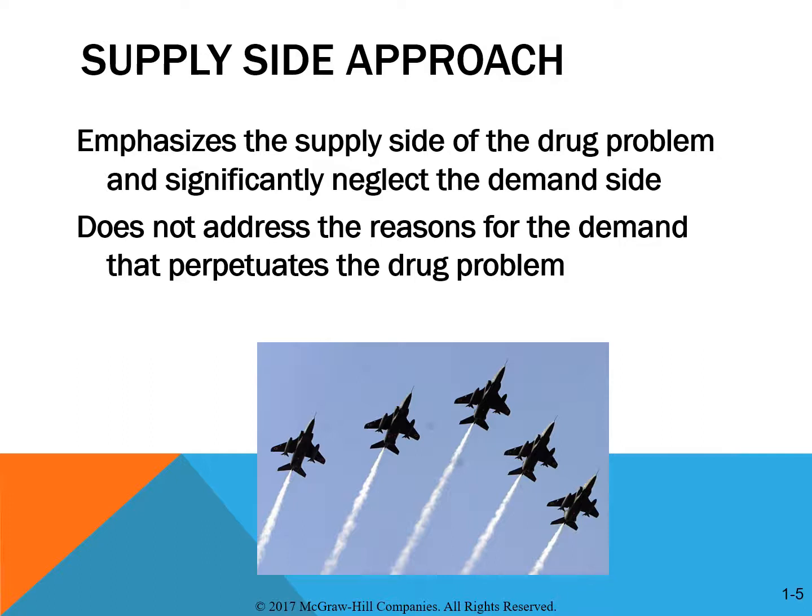Another collaborative example is the adult drug court, wherein offenders are arrested for felony drug offenses, thus getting them off the street, a supply-side approach, but then offering treatment, a demand-side approach, in lieu of incarceration, because there is an awareness that treatment may be effective in the long run.